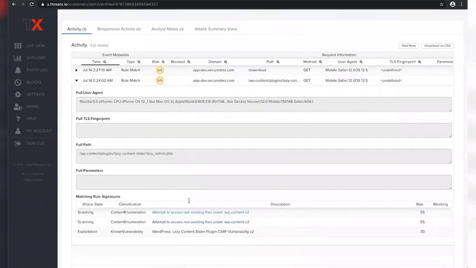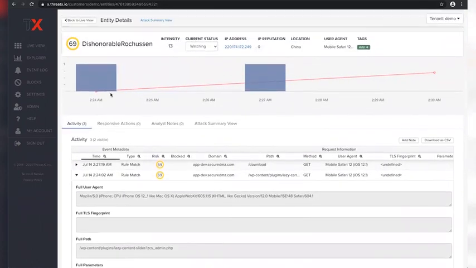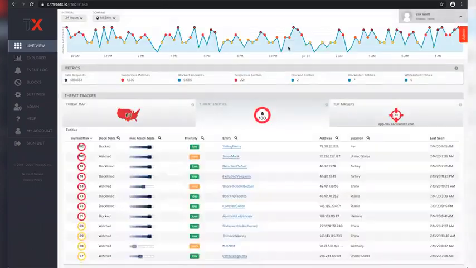You can see here as we drill down into one of these entities, the actual user agent, full path. If this was a TLS-based request, there would be a fingerprint here for that. So all these different metadata characteristics are collected and thrown into this fuzzy logic engine. Then we're tracking this, right? Again, that full 90-day window as these different entities are interacting. We're correlating that behavior together for you. So this risk score that we assign, on the left here, you can see starting out with our most intense entities,